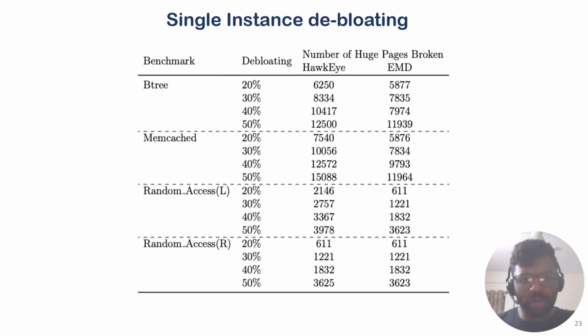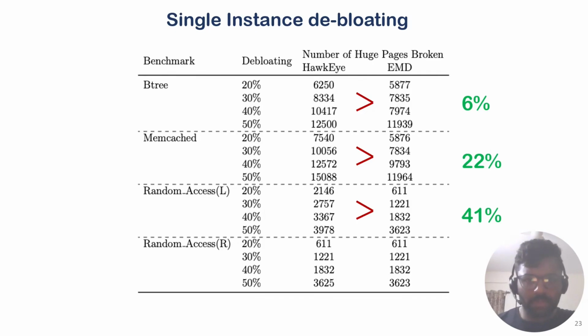Now, to understand why EMD outperforms Hawkeye, the table shows the number of huge pages broken by both methods at all de-bloating levels. Hawkeye, which de-bloats memory in virtual address space order without considering the varying de-bloat levels, breaks more pages compared to EMD. On average, Hawkeye breaks 6% more huge pages for B-tree, 22% for Memcached, and 41% for random access L. However, the number of huge pages broken by both methods is the same for random access R. Thus, EMD outperforms Hawkeye by breaking fewer huge pages and de-bloating memory in a fine-grained manner, thereby minimizing the performance